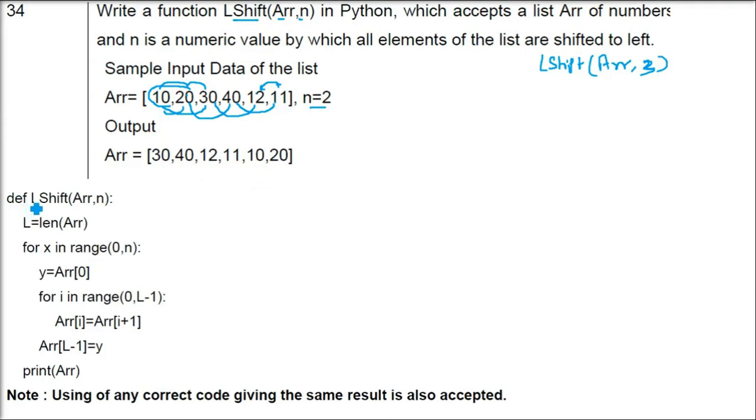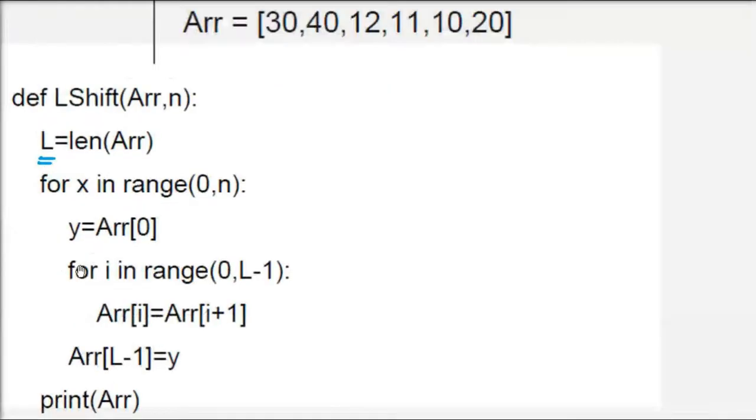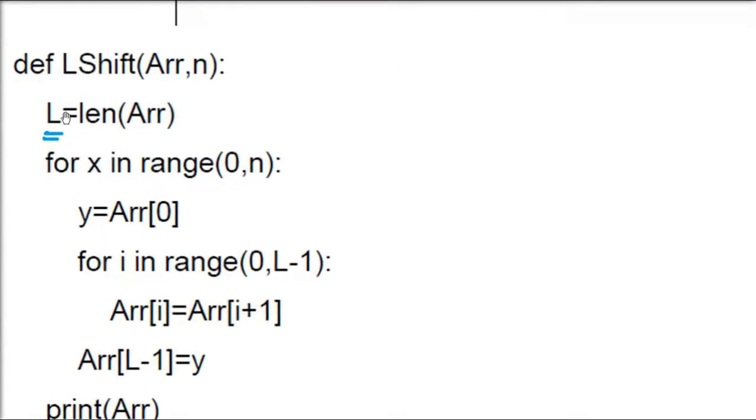First, this is the function, and whatever the name is, you have to use exactly the same name. So what is the length of this list? First we need to understand. It's clear from here, but we are writing a function and we'll work on each and every list. For that, we need a length. So this is the length: L equals length of this list. So we know the length now.